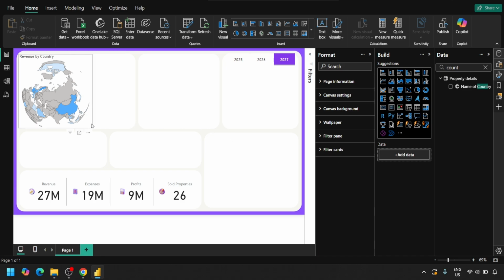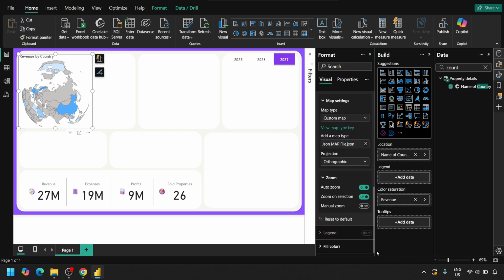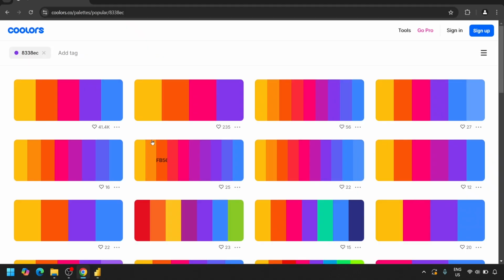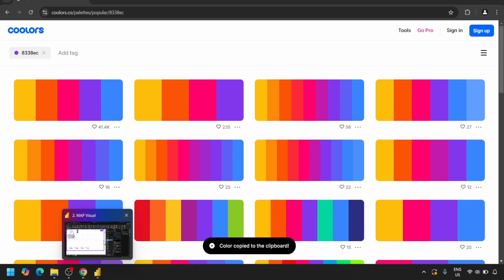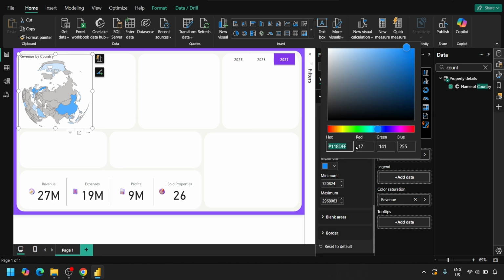And if we go a little more below here, let's go here, then we can go to fill colors. Now we need to select the gradient of color. The country with the highest revenue is the darker color, so let's align it with our theme color. So this is our theme color, purple, and on the maximum let's select the color which is matching our theme color, and on a lighter shade it is getting lighter,